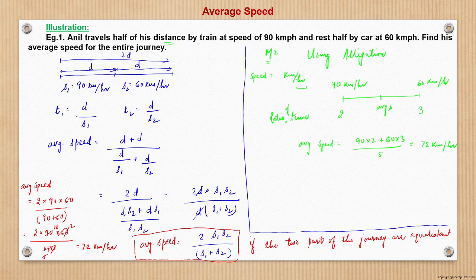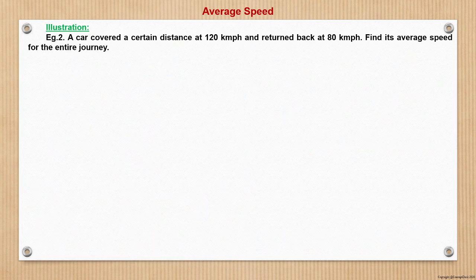So going forward, what I personally believe is that allegation is a very effective way, and this is the approach which we should follow, unless it does not give us a very favorable result, or the ratios are very awkward, then it may not save time. But certainly it's not going to be lengthier than the generic approach using variables and arriving at the formula, right? So now again we'll move to question number 2, which reads that a car covered a certain distance at